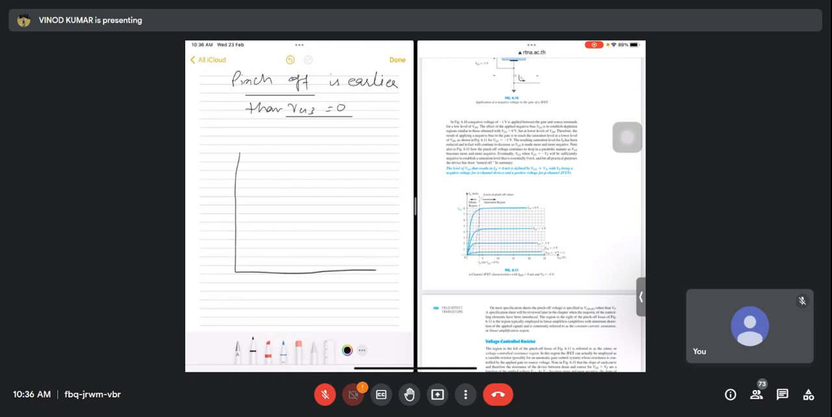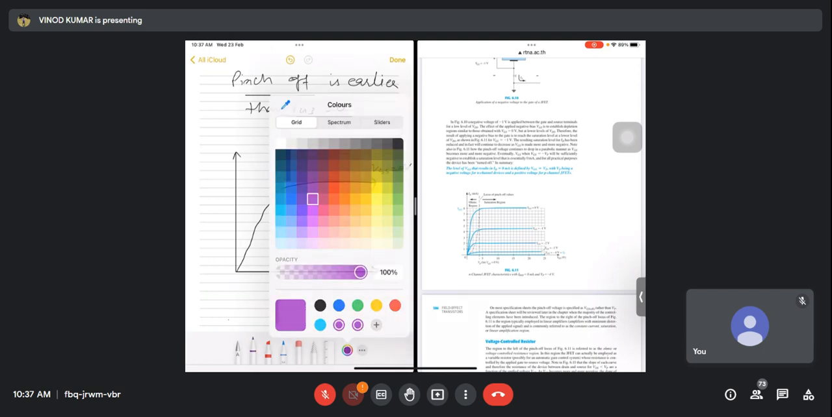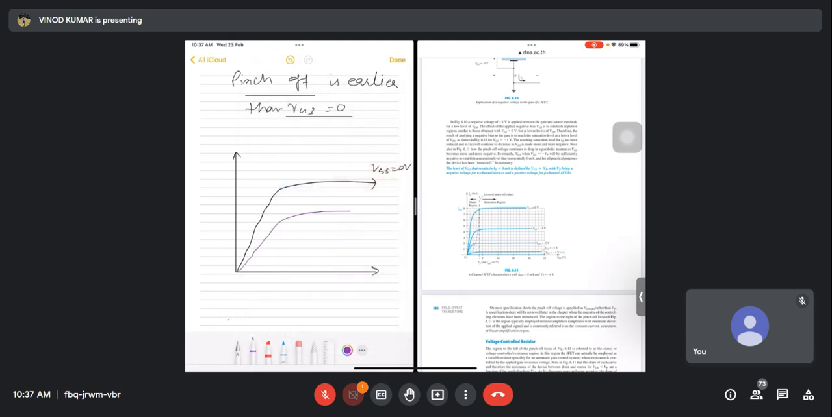If you go for this, so अगर VGS ऐसे था, this is VGS is equal to 0 volt. This is, and if VGS is -1, so I am getting this earlier. If VGS is -2,